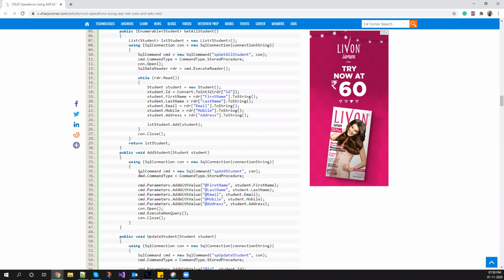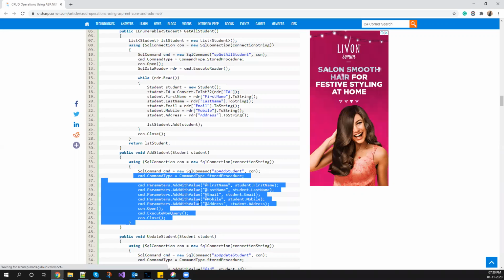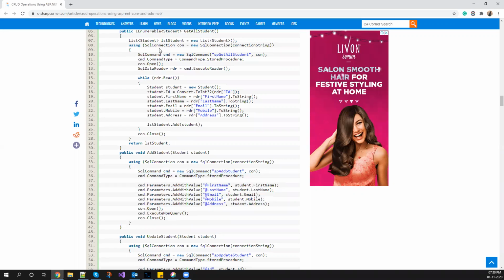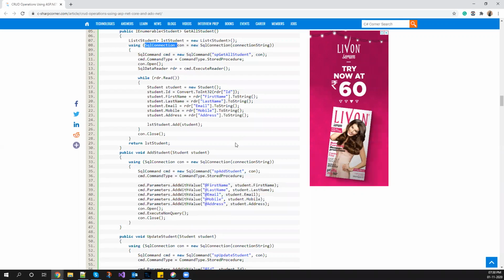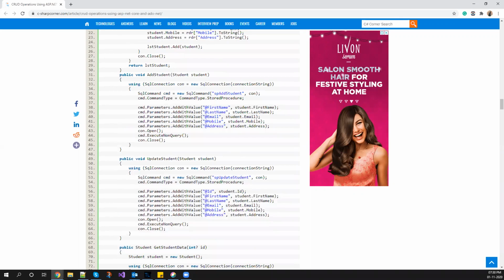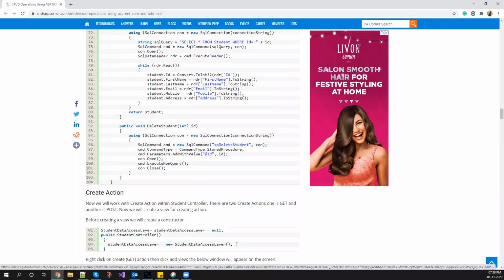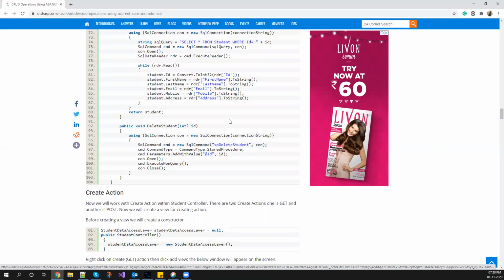So I have to create another SQL command, and at that time I need multiple active result sets true. If it is not true, it won't allow me to use two queries with the same SQL connection. The update and delete are again the same thing, so I'm not taking you through that. This is just how we define it in ADO.NET.